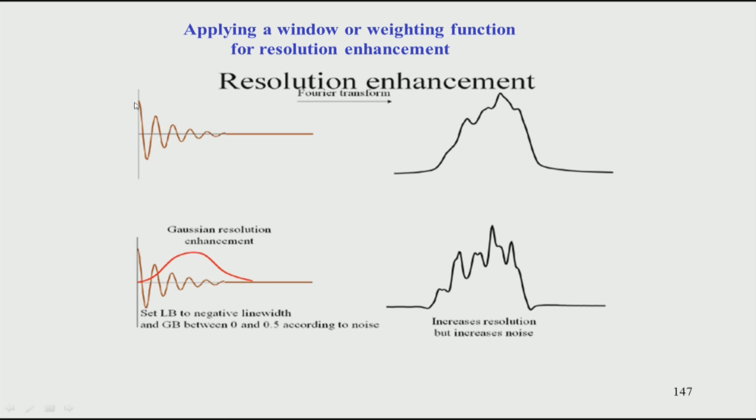Here the emphasis is given on this part of the signal, and therefore the line looks broad. But if I want to get a better resolution enhancement, then I will give less weightage here and more weightage on this side. So, you can see here that the lines are getting sharper and there is a separation. Here you cannot make out how many peaks there are, but here you can start seeing the peaks. Of course, not shown here, but the sensitivity goes down because of less weightage given to the beginning.